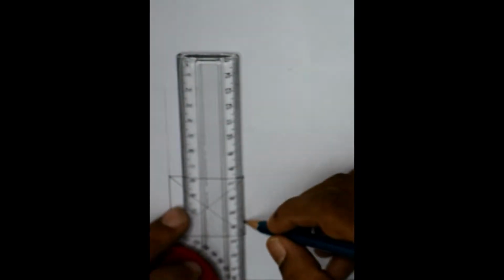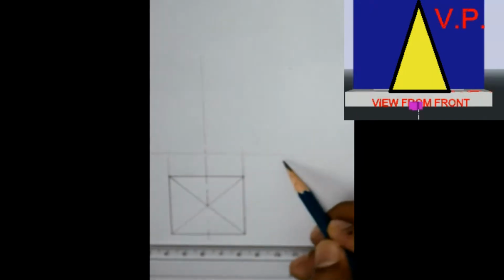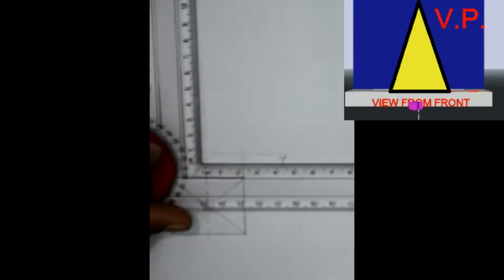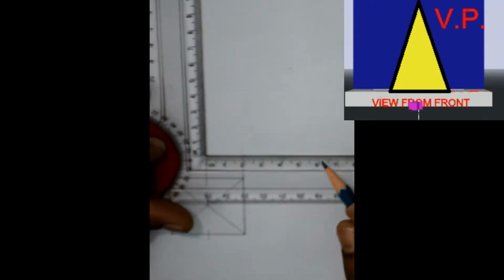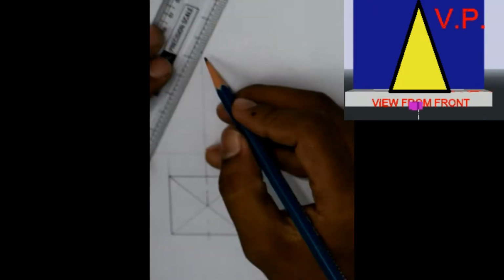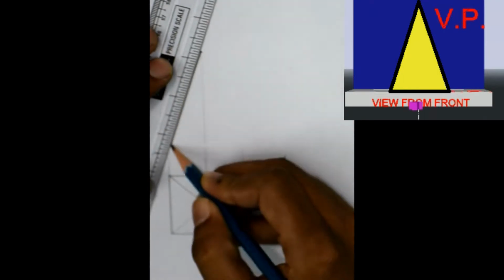Now the projection lines. As this is a pyramid, we need to just project this line till the xy line, because we don't require it till above. The axis height is 65 mm, as you know, and we just need to join this point and this point.